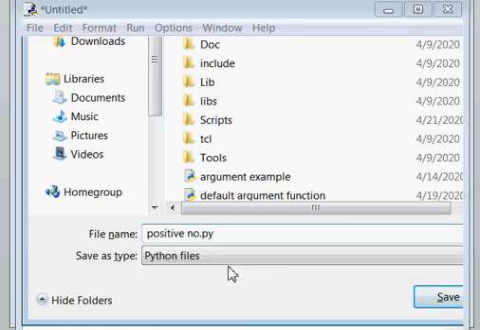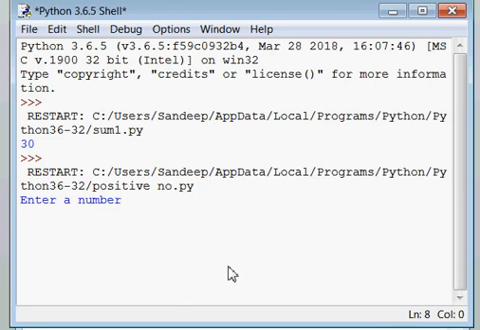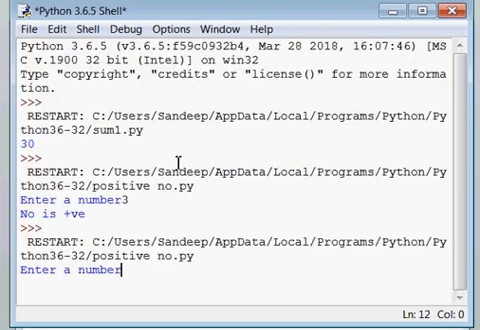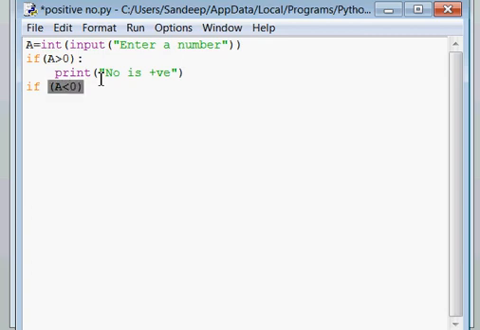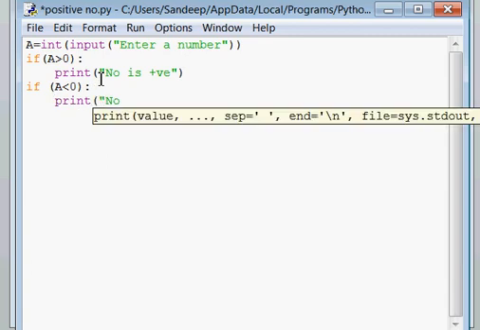See, if I run this program, it asks for a number. I have given 3, and it says number is positive. Again I run this code. If I enter -3, then it doesn't say anything. So for better readability, we can use one more if here. If a less than 0, then print number is negative.